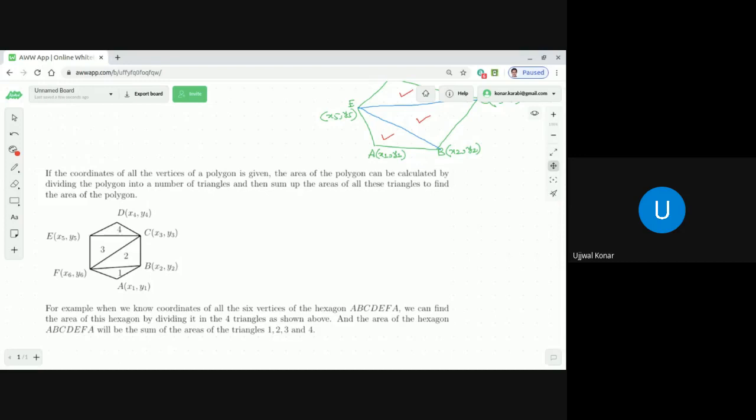We can find the area of this hexagon by dividing it into four triangles, as shown. You see that there are four triangles: 1, 2, 3, 4. We find the area of the hexagon as the sum of the areas of all these four triangles. Now, dear students,